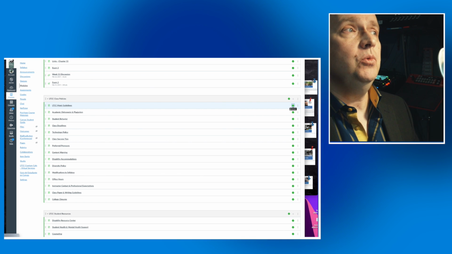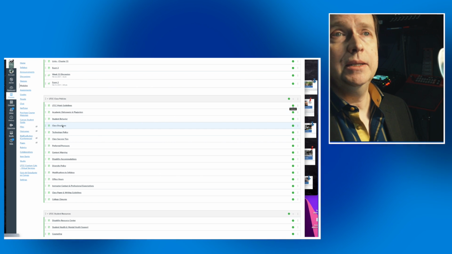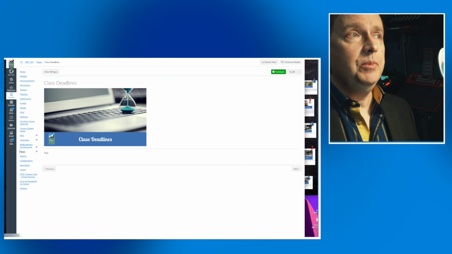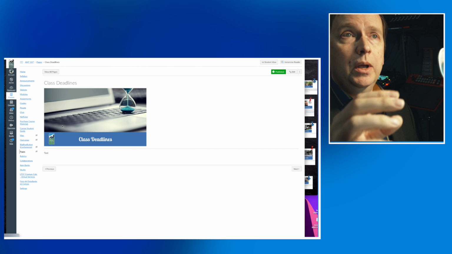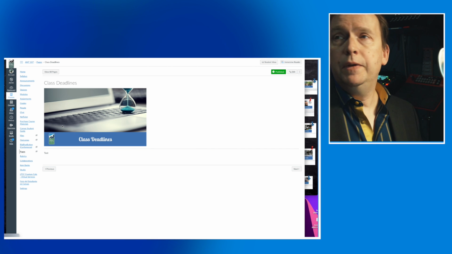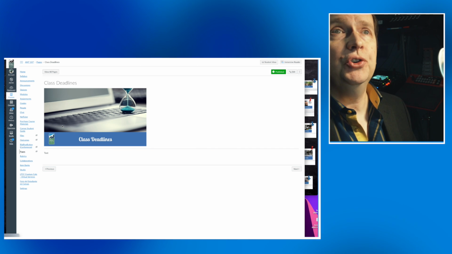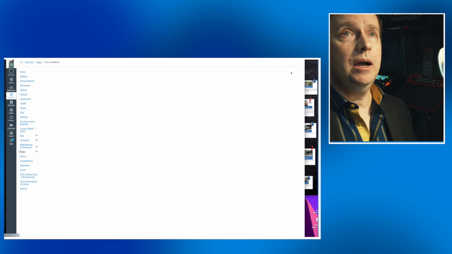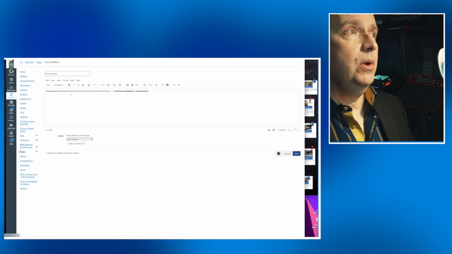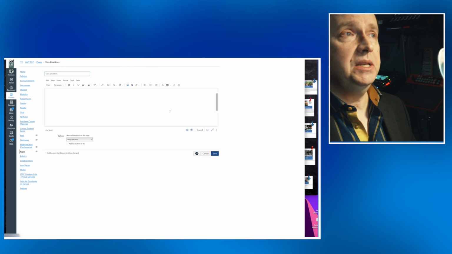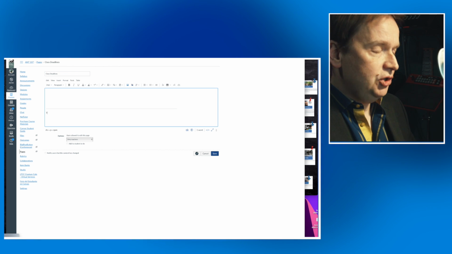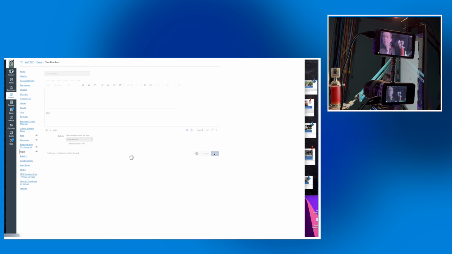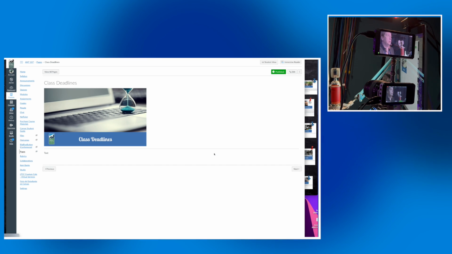Now, anything that you want to modify, let's say class deadlines, and some of these you're not going to get a lot of text because in this case, I don't know what your class deadlines are. So for this, you'll either want to modify it or you could remove it from your class or, again, unpublish it. All I have to do is hit the edit button at the top right, and then I'm just going to go in, and I could even cut and paste from my syllabus. Just grab my syllabus and cut and paste whatever information is in my syllabus about deadlines, hit save on that, and it's immediately available. It's already published. It's already ready to go.